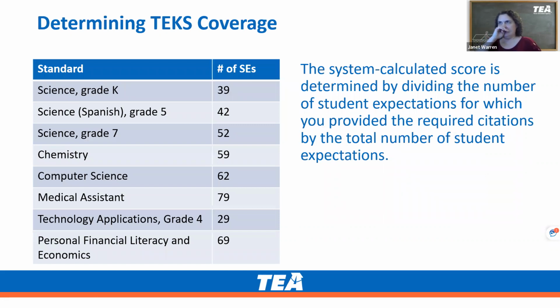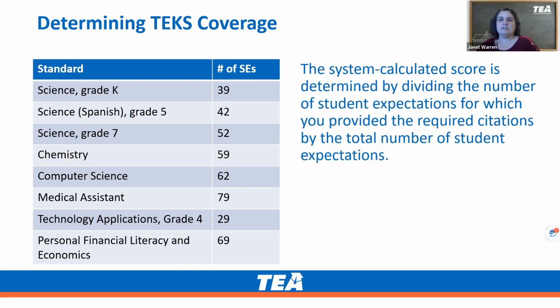Now we're going to talk about determining standards, or determining the TEKS coverage. I want to let you know that the standards alignment dashboard will automatically calculate and display your TEKS percentage as you enter your correlations. You saw that as I was demonstrating. It only got to 2% because I didn't do very many, but it shows as it updates as you go through. When you click on submit for review you'll want to do that on the TEKS tab, and you'll be